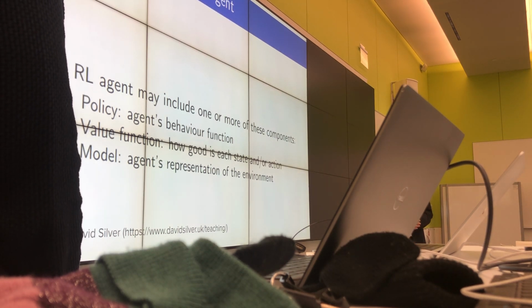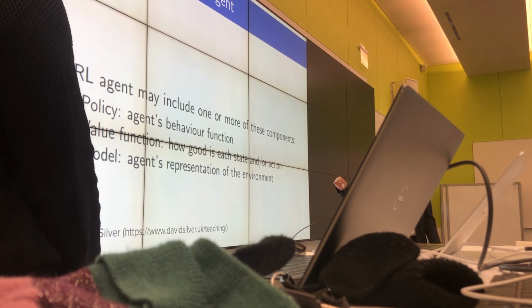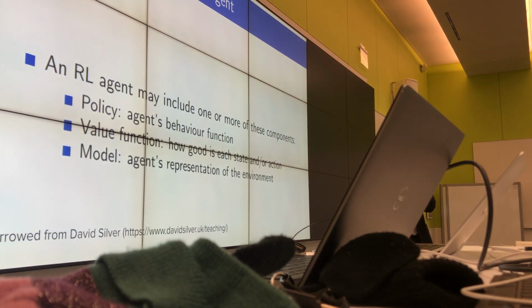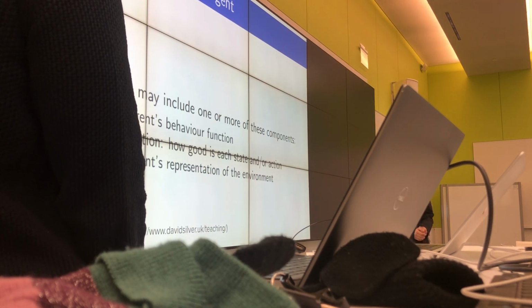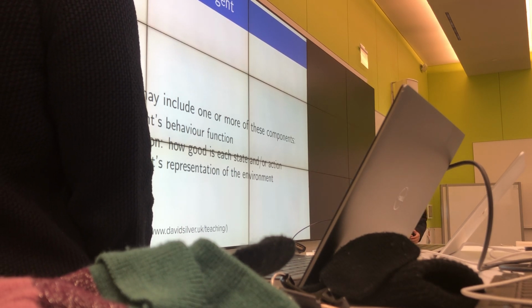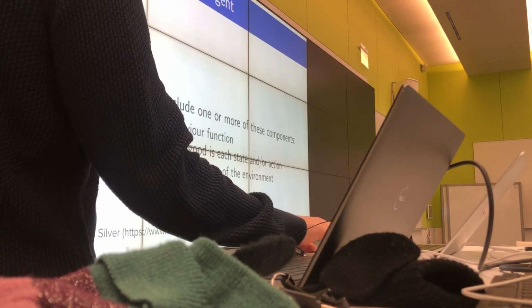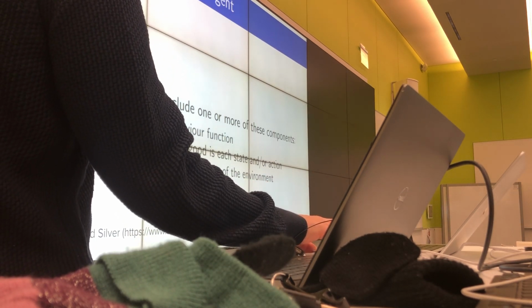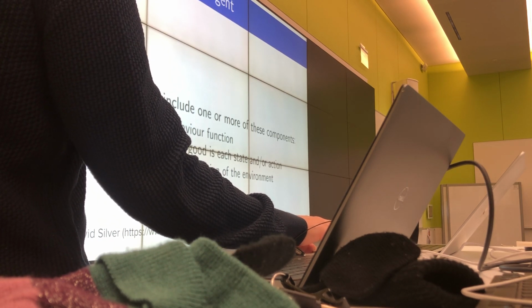And so the value function tells you how to act, right? You can immediately extract a policy from any value function by just taking the argmax over actions. So if I had 3 actions and the first action gave me the most value, then I always want to take that one. And then finally, you could also have a model, which is the agent's idea of what the environment should look like. This is useful if you want to plan several steps into the future, right? You could say, what if I took this action? Where would it take me? What if I took that action? So this model is another thing that you can include.